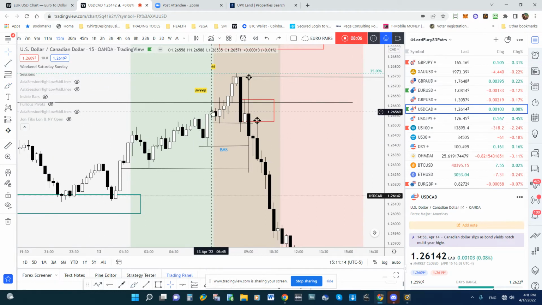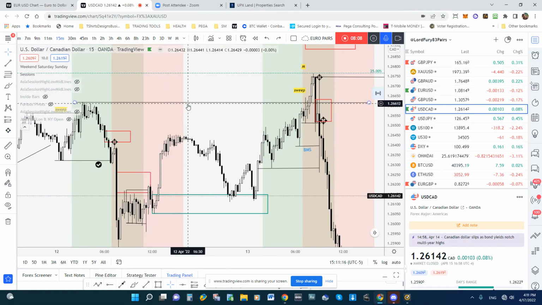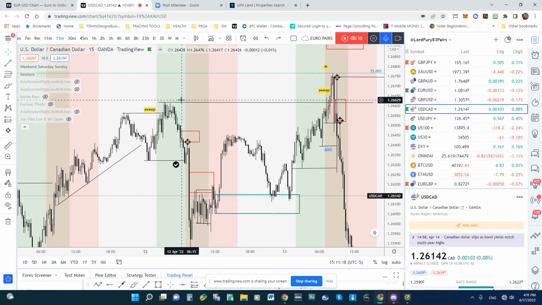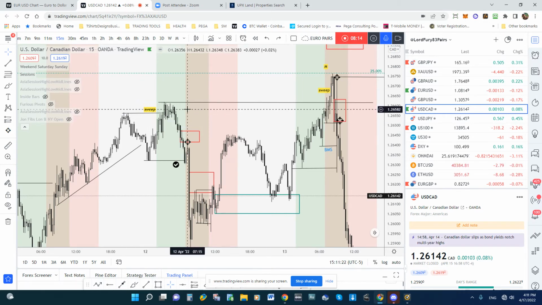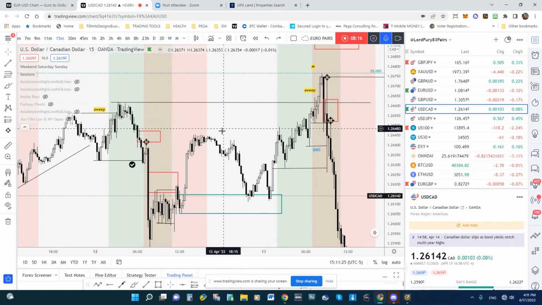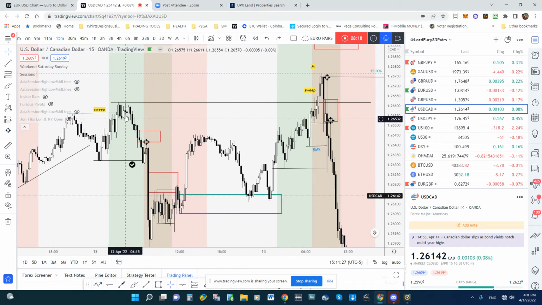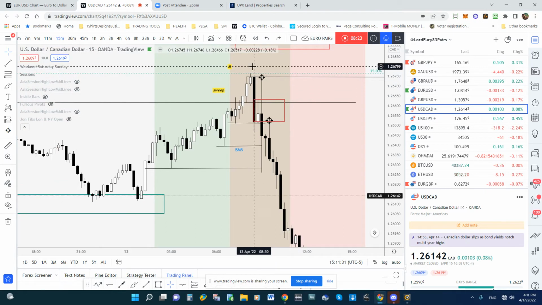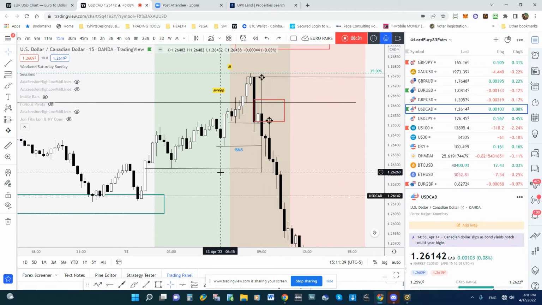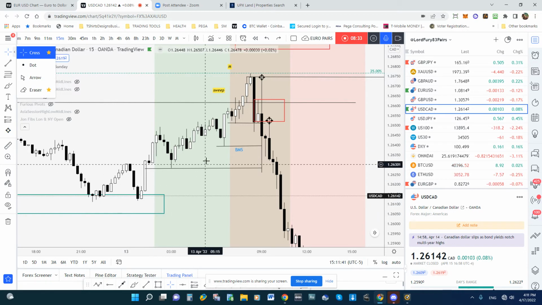So manipulation starts here, takes out the high, which is where a lot of stop losses were sitting from people that were trying to sell this resistance or whatever they call it, or this resistance. They put stop loss here. So stops get swept, then the manipulation gets taken out, and then we come back into the order block that produced this manipulation that broke the manipulation structure now,